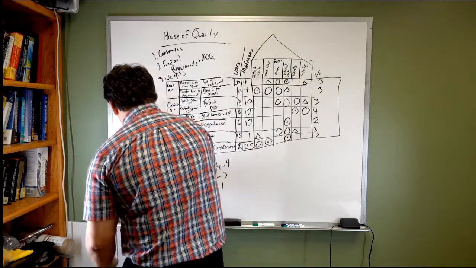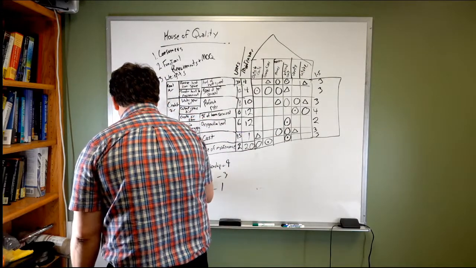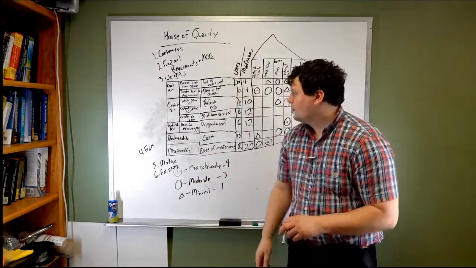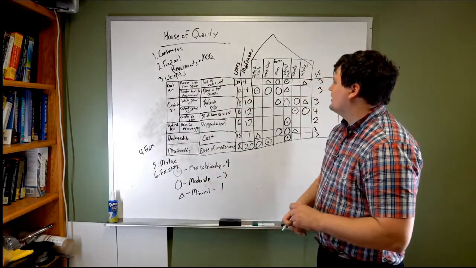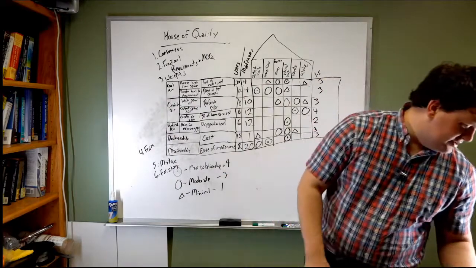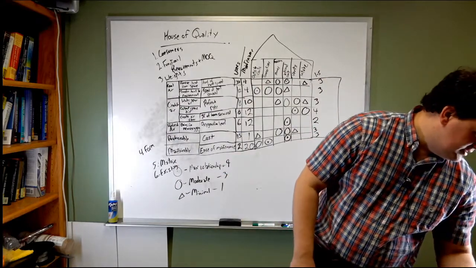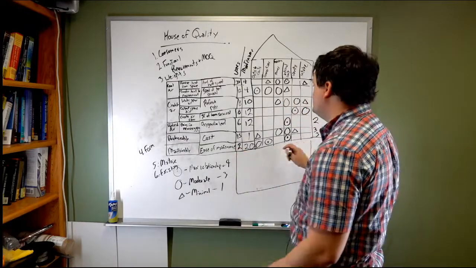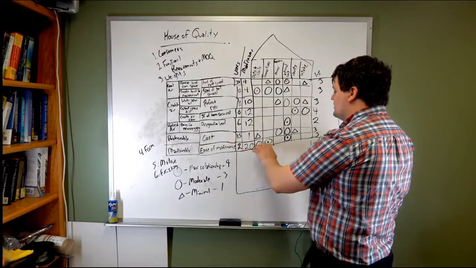5 is your matrix. 6 is your existing solutions. The book switches these two. I like doing it this way. Step 7 is an evaluation here, where what you do is you take these weights, you multiply them by these